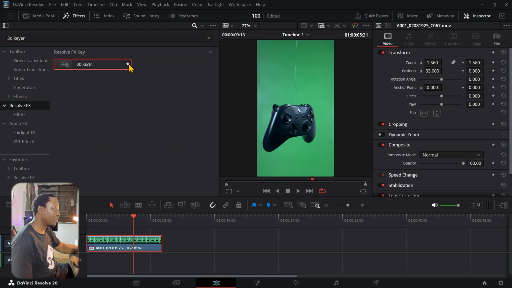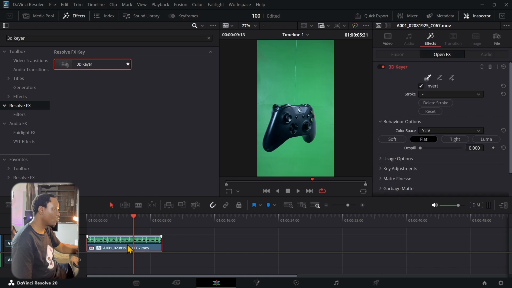We can click the star icon to just make that our favorite tools, so it's always going to be available as a shortcut. But I'll just drag this 3D here and paste it on top of our video. So now that we have that, we also need to do just one little thing before we can see the effect we're working on. So over here on the main viewer, not the second viewer, the main viewer,